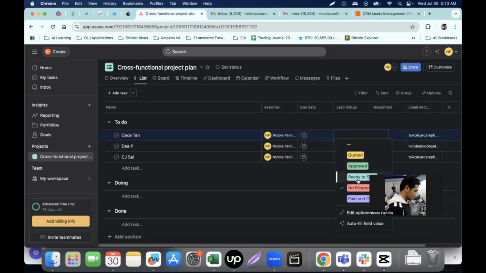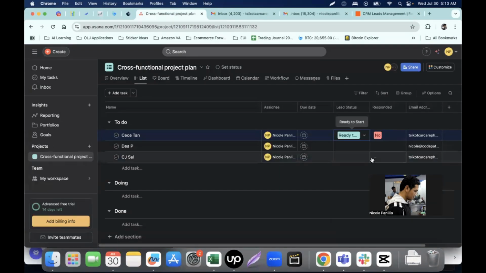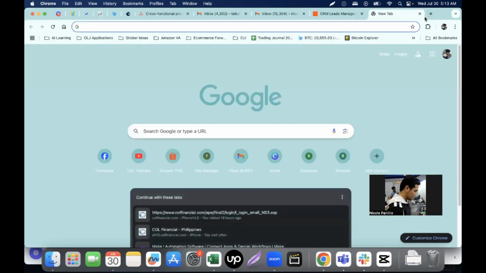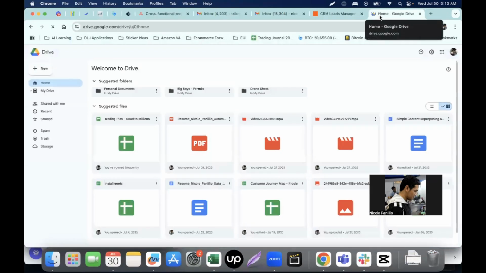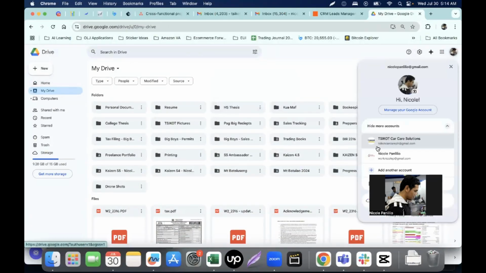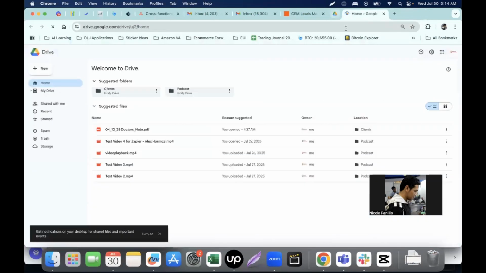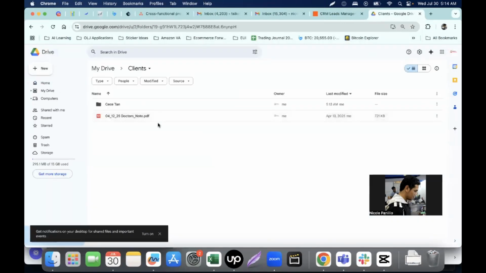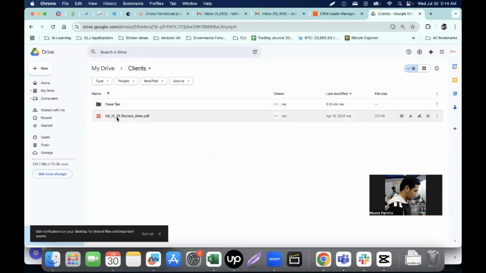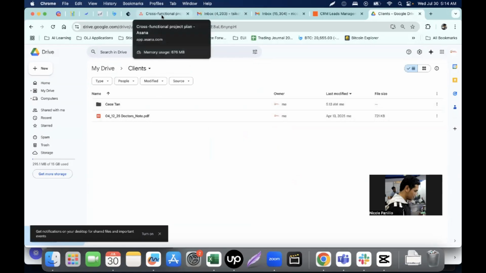So let's try another lead status. Now let's try ready to start. So what will happen here is that we will create a drive folder for the client under clients, and I think this is the one. So the automation has successfully created the file folder named under the task name,